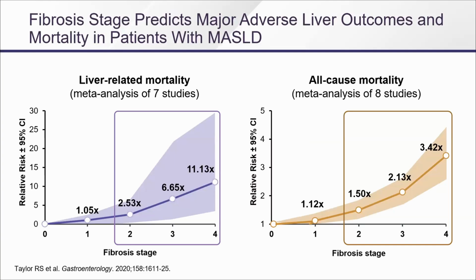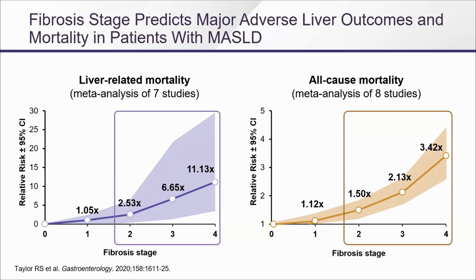So how do we, as gastroenterologists and hepatologists, figure out who's in our bucket and who's in the bucket of the endocrinologists and cardiologists who want to send us every patient with fatty liver on imaging and mildly abnormal liver tests? And the answer is it's about fibrosis stage. So fibrosis stage predicts all-cause mortality, but it also predicts liver-related mortality. So you can see if you have stage 0 or stage 1 fibrosis, your liver-related mortality is not increased compared to the general population. But when you get to fibrosis stage 2, it starts to rise. And when you get to 3 and 4, it goes up markedly.